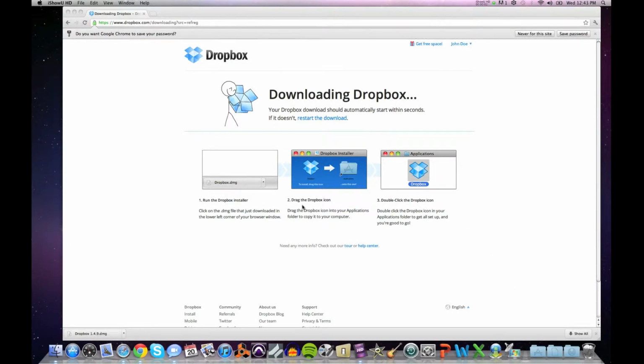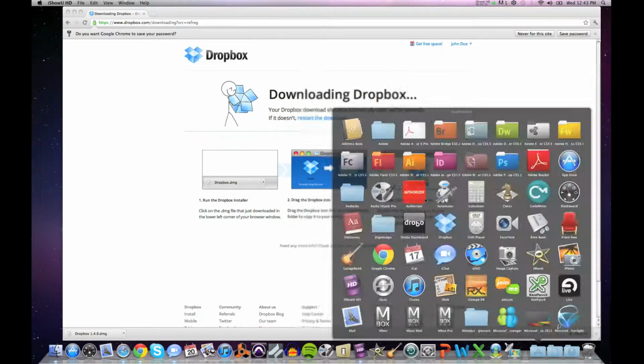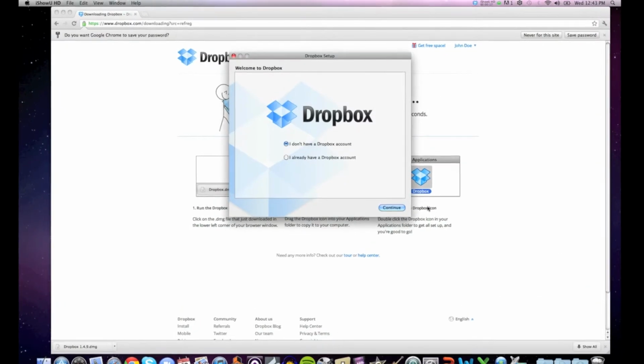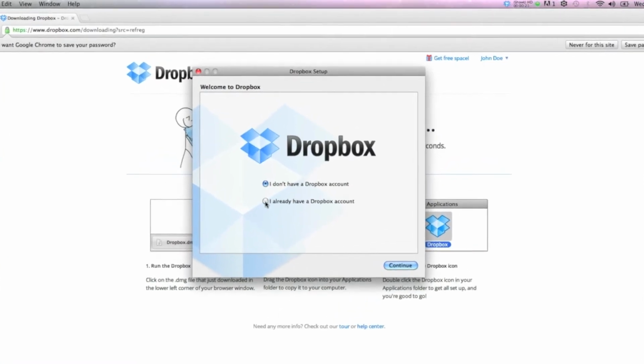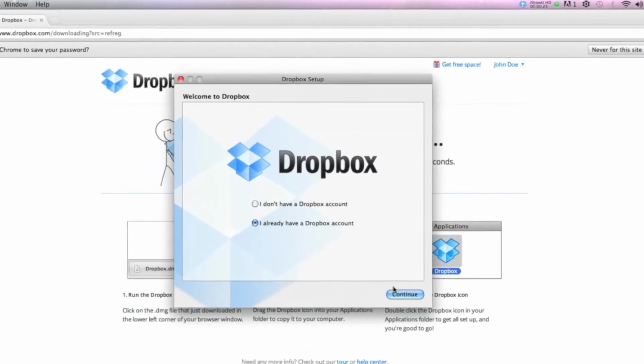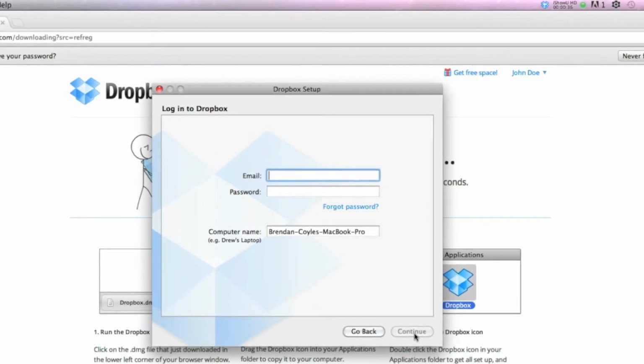So now that you have installed the Dropbox application into your applications folder, the next thing you want to do is go into your applications folder and launch the Dropbox application right here on this icon. It says Dropbox. Just click that. And you want to select I already have a Dropbox account. Hit continue. Then you want to put in the email and the password you used to sign up for your Dropbox account. And in this case, I use John Doe